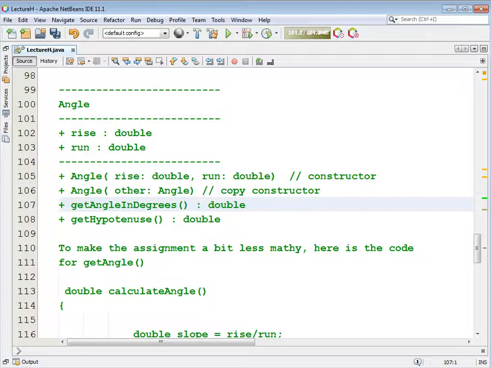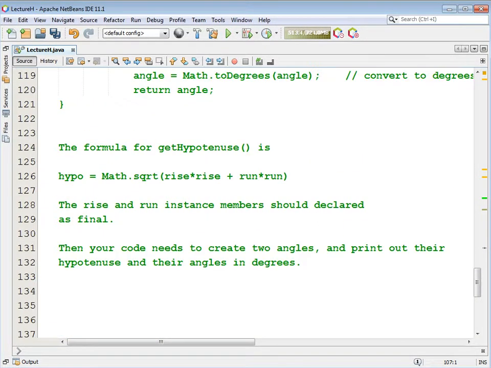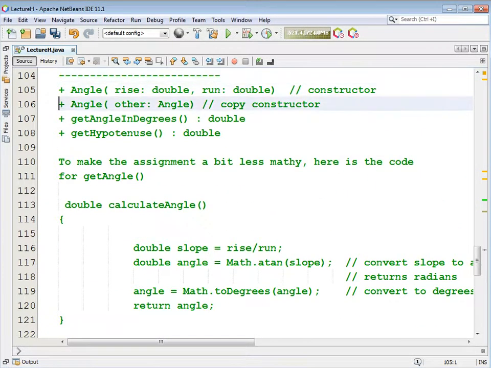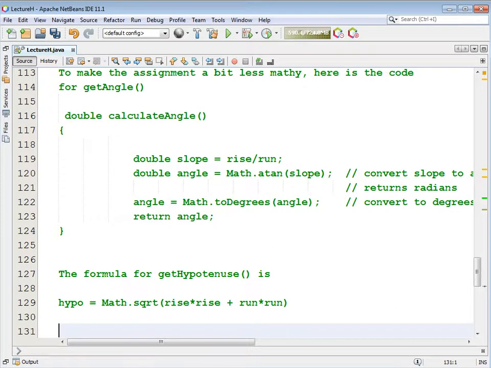All right, I think we're done. I think that's the assignment. I'm going to move this comment about making them final: the rise and the run should get declared as final. And by the way, just to test it,